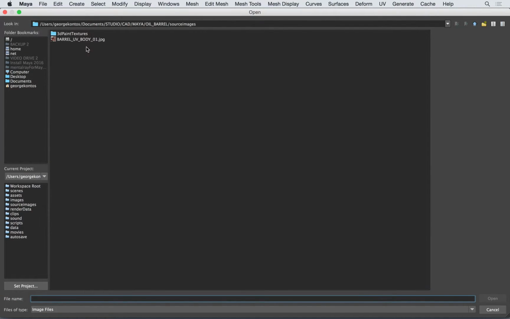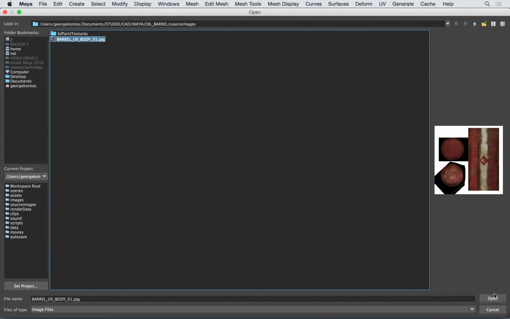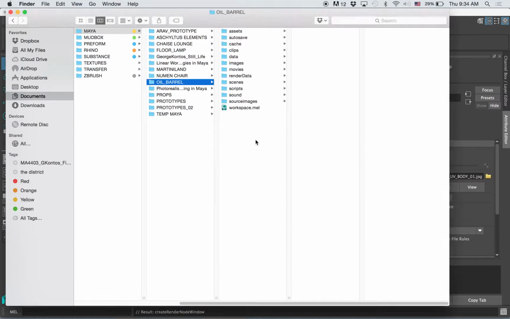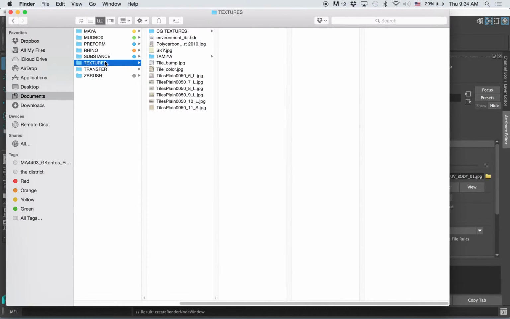It should go directly to the source images, and it did. That's why we're making this project window. So now we have everything in there. Now if you lose that, if you have other images, if you start populating other textures, let's say I want